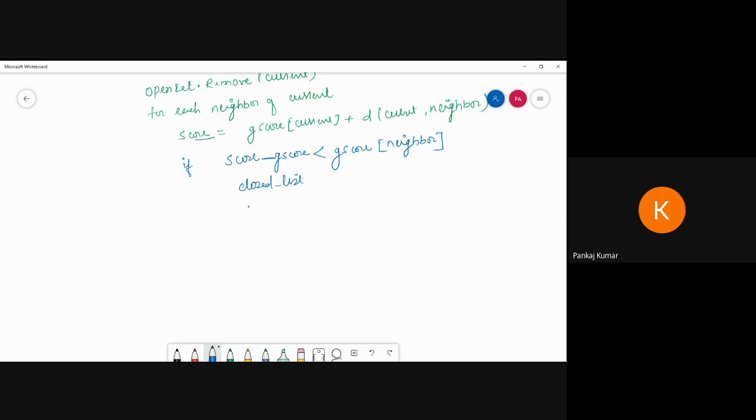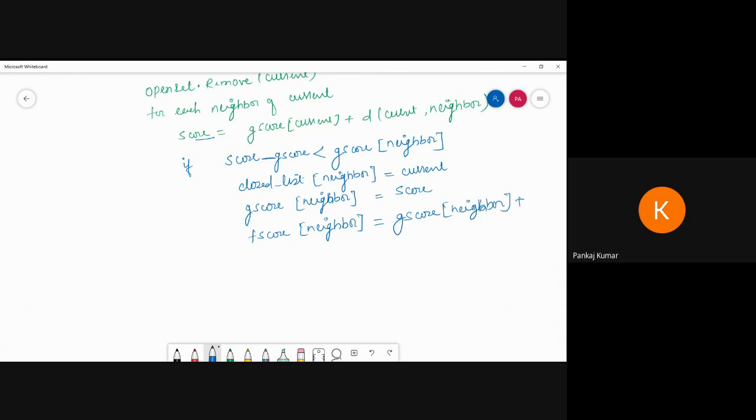We write: close list of neighbor is equal to current, and G score of neighbor is equal to the score, and I am calculating F score of neighbor is equal to G score of neighbor plus H value of neighbor.